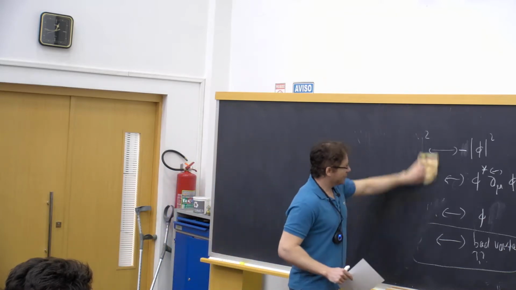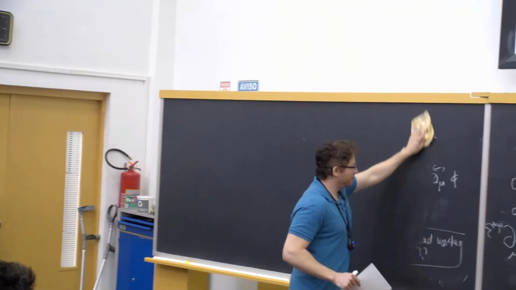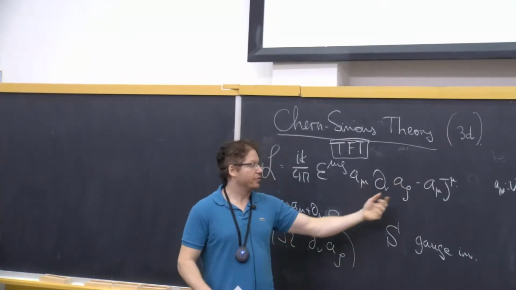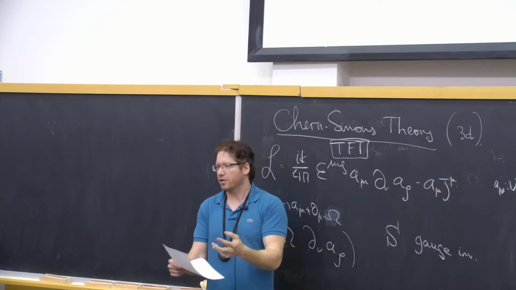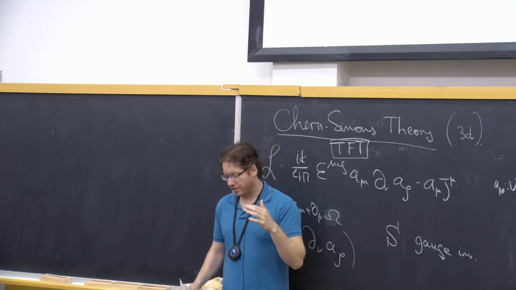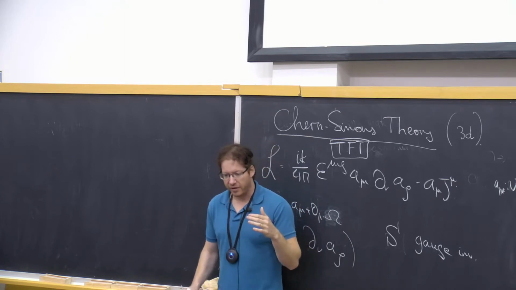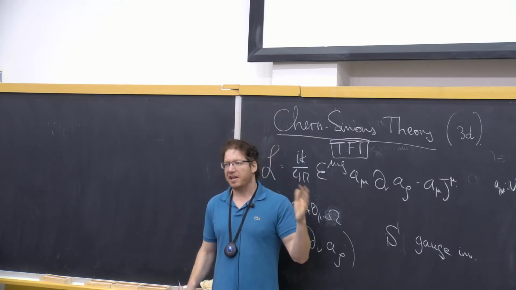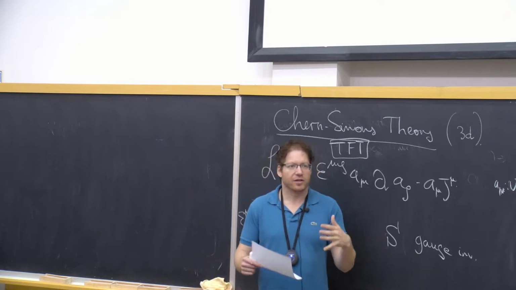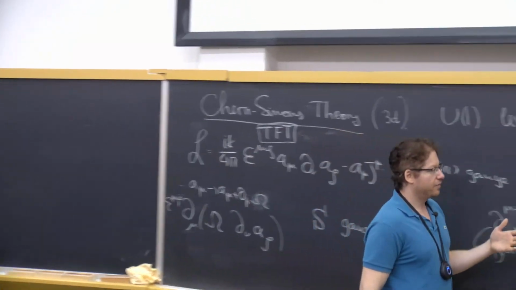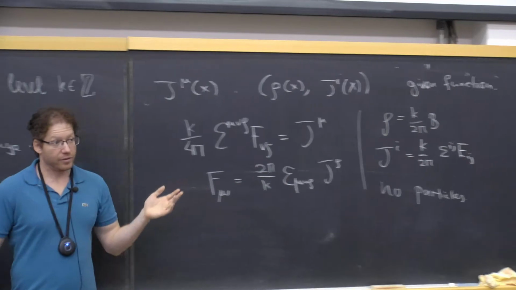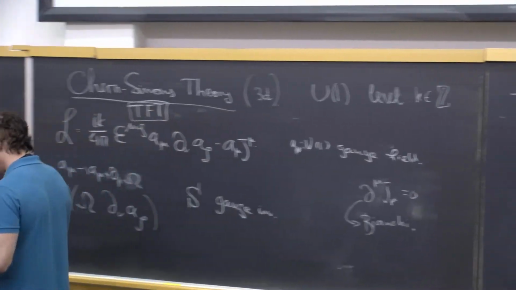So in some sense, in the condensed matter literature, you would sometimes see the phrase that in Chern-Simons matter theory, this is the matter, non-dynamical matter, and this is the Chern-Simons part. You would sometimes see people saying that the electric and magnetic fields are slaves of the particles. What does it mean for them to be slaves? It means that they don't have their own life. The electric and magnetic fields are completely determined by the matter particles. So they're slaves of the matter particles.